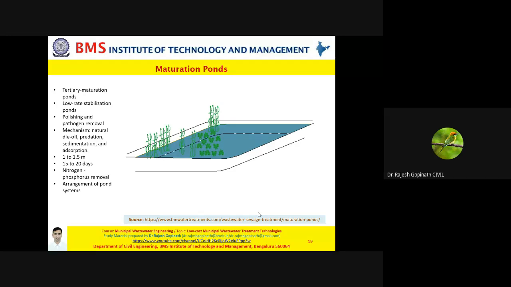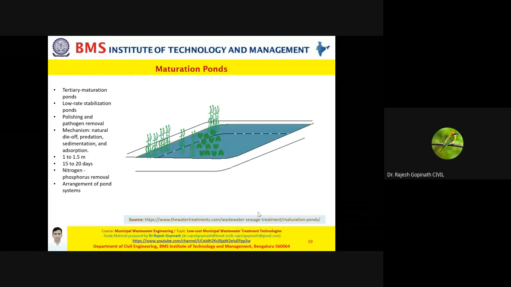Please note the design, the size, and numbers are decided in many parts of the world based on the need for removing pathogens from treated wastewater. If you talk about a conventional process, what is happening? We go for disinfection, we go for chlorination. You might consider this as an alternative to that, but not as a replacement. I repeat this. You might consider this as an alternative to your disinfection process, but this is not a replacement.